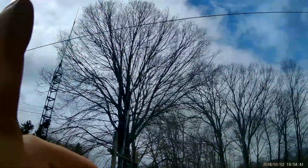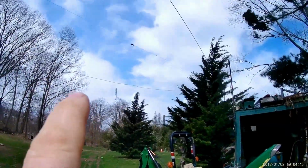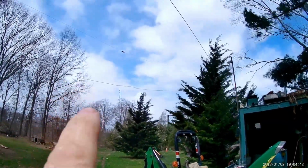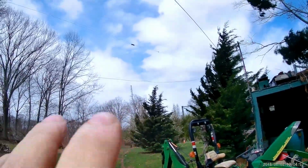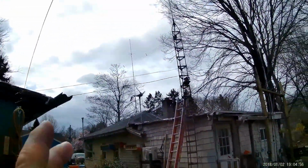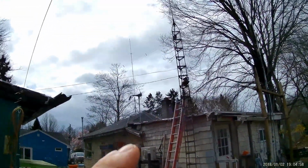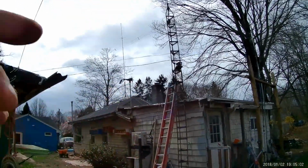And then I had it back there just to see what it was going to give me. And I put that tower up at 50 feet. And then, you know what? When I was looking at the tower, I was saying, well, that's not very good because I don't want to have to keep worrying about it every time I take the tower up and down. So I put it over here, and I believe,